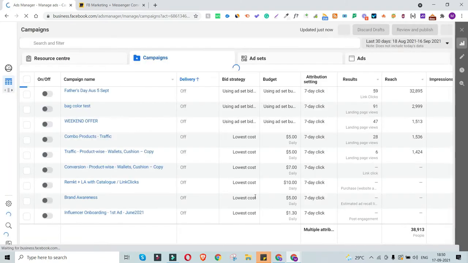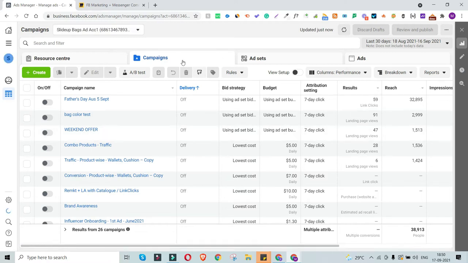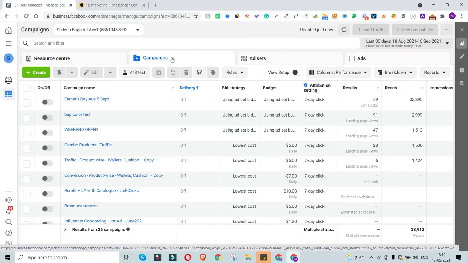Once we click on this ad manager, we will land on this platform, and in this dashboard you need to understand the hierarchy of this platform. We have campaign, we have ad set, and we have ads. Campaign is primarily based on the objective that you are trying to achieve using this ad, and ad sets are primarily the different variants of this ad based on the targeting options, and ads are based on the creative. Again, I'm repeating it, it might be a little confusing. So campaign is based on the objective, say a lead generation campaign, a brand awareness campaign, or a simple web traffic campaign. Ad set is where we are creating multiple ads based on the audience type.